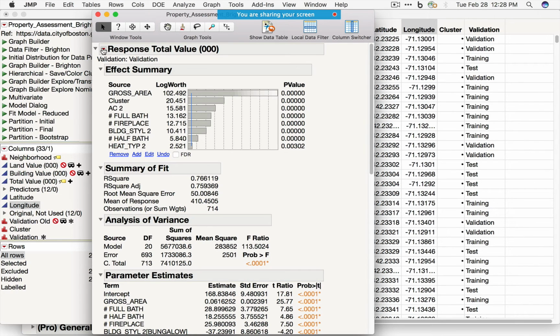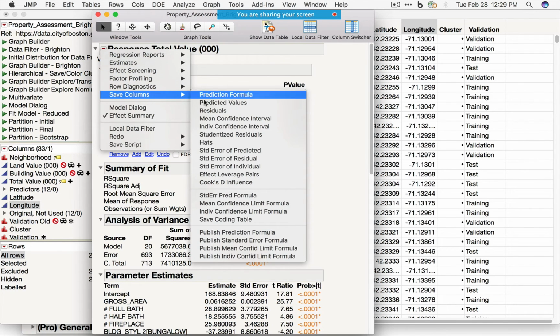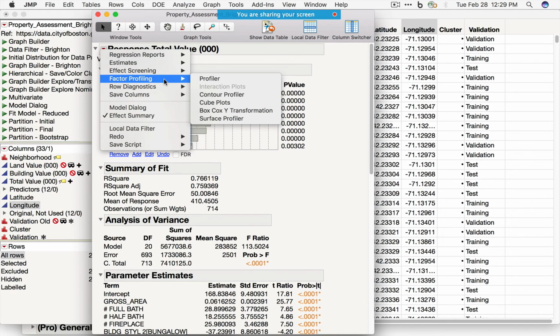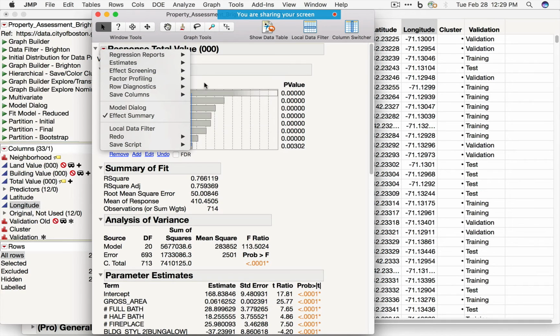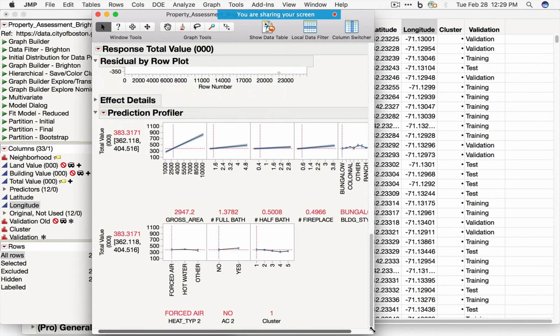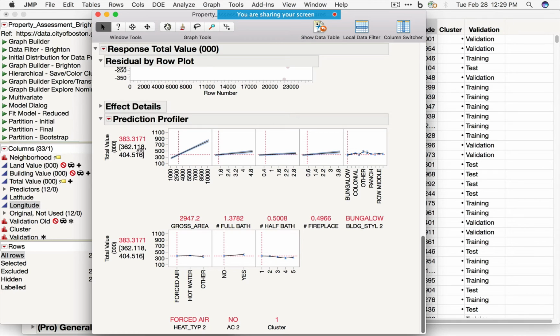Now, some of the tools that we would use for exploring this model, again under save columns, we would generally look at studentized residuals or Cook's d-influence for influential values. So there's lots of diagnostic tools here. For visualizing and understanding the model, one of my favorite tools is factor profiling, and it's called the profiler. What this does is allow us to interact with this linear model we've just built by changing the values of particular x's